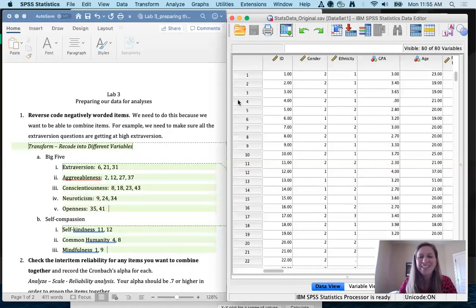Hey everybody, so I am going to talk to you a little bit about Lab 3 and that assignment that you have coming up. The whole purpose of this lab is to basically prepare your data so that we can then go in later and analyze it. Okay, so we'll be analyzing it with t-tests and correlations, but right now we need to just focus mostly on